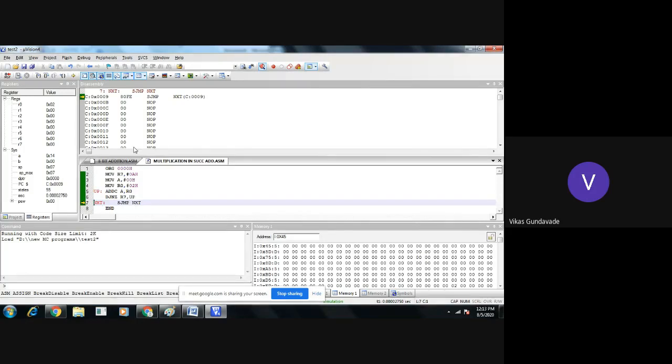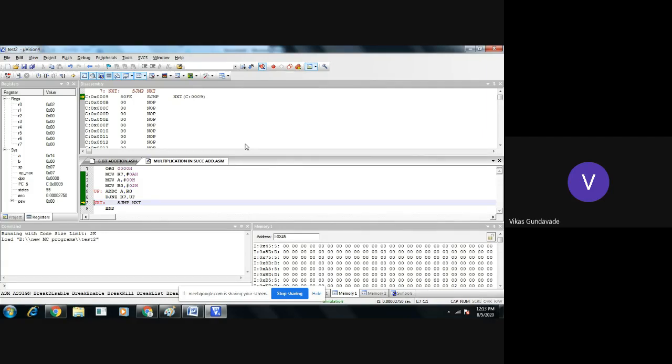Now see here, if we see this disassembly after SJMP, here you can see for the next address locations 000B, C, D, E, every content is 00. That's why it is no operation, no operation, no operation. So if we directly run the program, instead of making a single step, what will happen? It will go into the overflow mode, because it is a sample version or demo version, and maximum capacity is 2K. So after executing all the instructions, it goes into the overflow mode. That's why we are using single stepping.